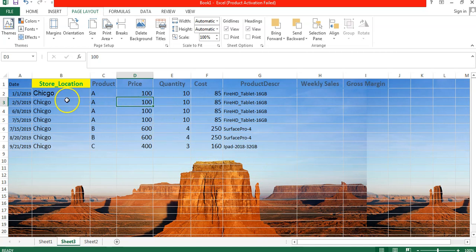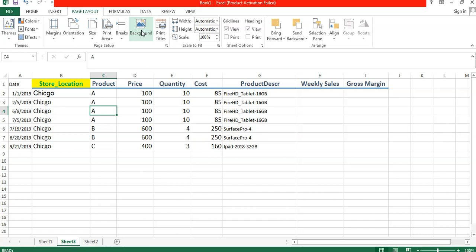Now if I want to delete this background that I have, you can perform all the calculations on this, but still if you don't like this background, you can delete it. So to delete this background, go to the Page Layout tab, and in the Page Setup section you can see an option which shows Delete Background. So just simply click on Delete Background, and the background image will be deleted. Okay, moving further,